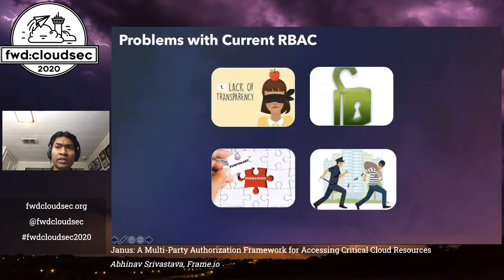There are other problems associated with RBAC explosion. First of all, lack of transparency. Sometimes we don't know why a cloud engineer is accessing critical resources at any given time. Two, unfettered access to critical resources. Since a role is allowed to access a resource, the person with that role can access data anytime without any